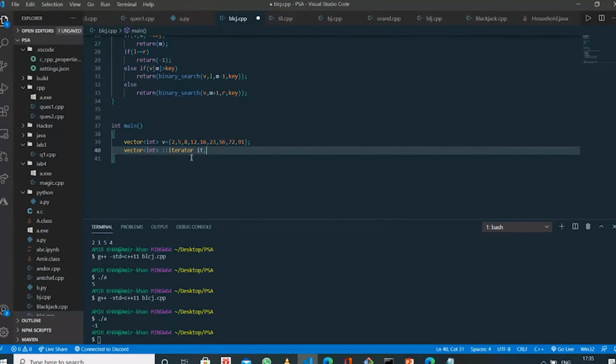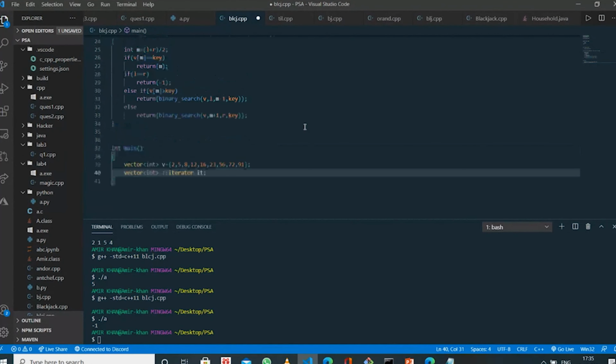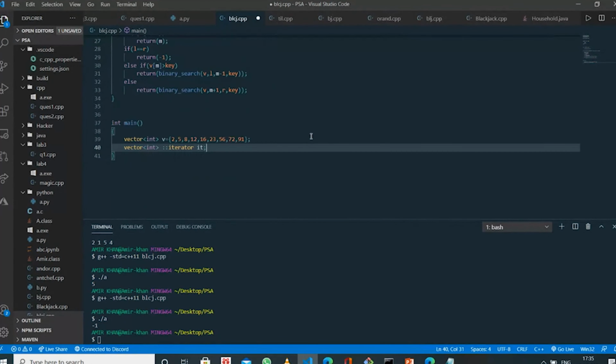Because whenever you use any container, to use its iterator you have to give the two colons, then the iterator name. The iterator name is the same, but the properties and functions of the iterators are different for each container, so they are wrapped in different namespaces. Just like you can make your own namespace and put functions inside it.